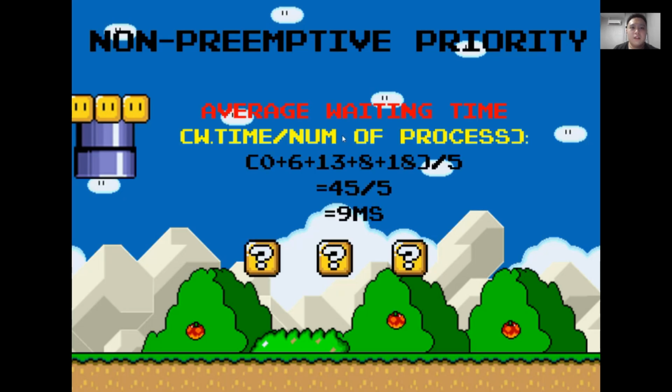We also have to calculate the average waiting time, which is calculated by the total waiting time divided by the number of processes. If today in the table you have 6 processes, you divide by 6. The waiting time for P1 is 0, P2 is 6, P3 is 13, P4 is 8, and P5 is 18. So we get 45 in total, divided by 5 to get the average waiting time, which is 9